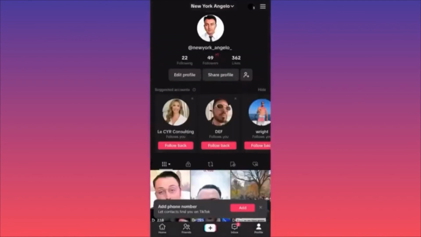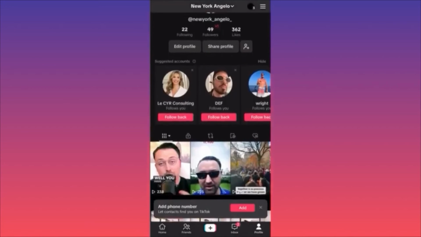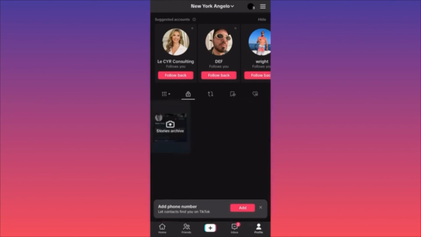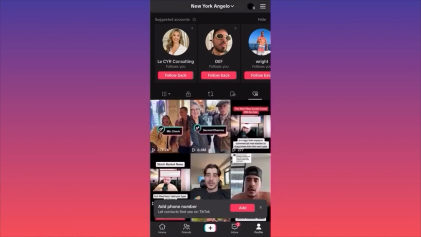Then when you're at your own profile, I want you to focus on the settings above your images, above your content. So the first section, of course, will be the filter function, filtering the latest post to the most popular one. The second option will be the stories that you saved and they're hidden. The third option will be the videos that you reposted. The fourth option will be sounds, effects, and videos that you actually saved. And guess what? The last option over here will be all the videos that you have liked, okay?